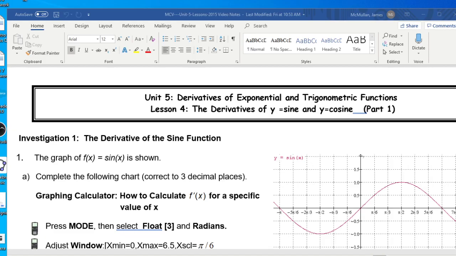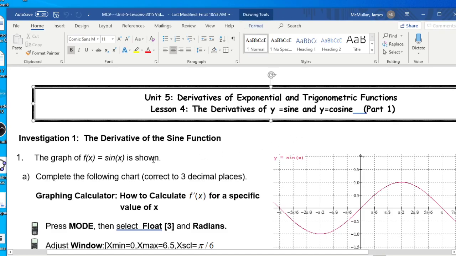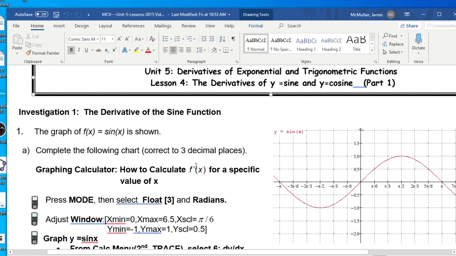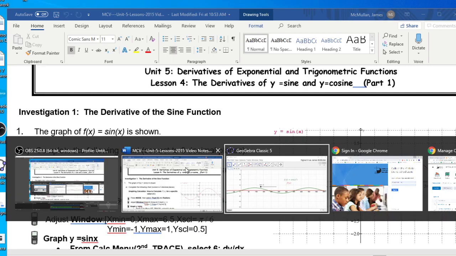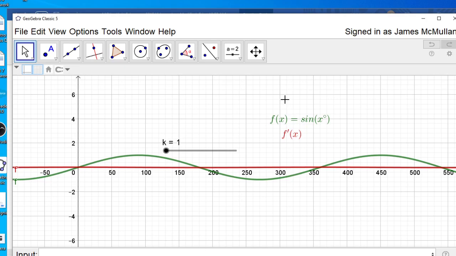Okay, so today's lesson is about trigonometric functions. We're going to take the derivative of sine and cosine, and let's start with the derivative of sine. Now, if you have already thought about rate of change in the context of trigonometric functions, then, in grade 12 you learn about radians. Let's just look at what happens when you take the derivative of sine with